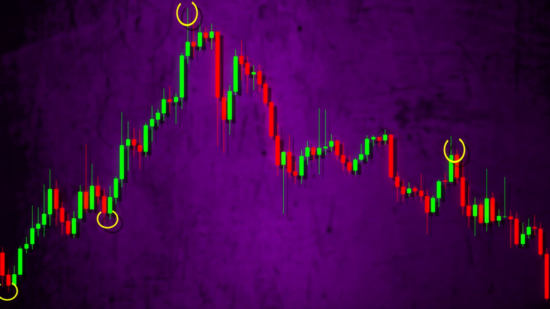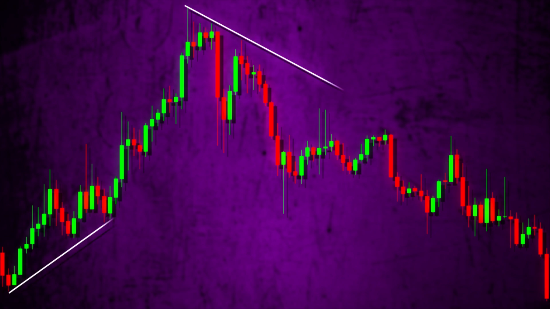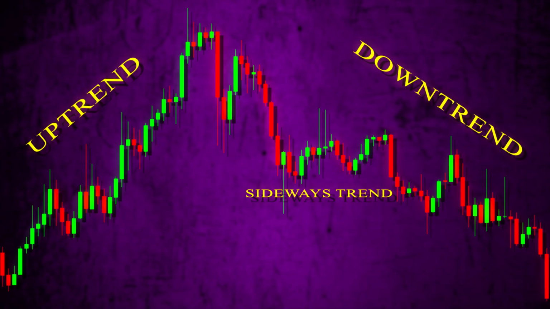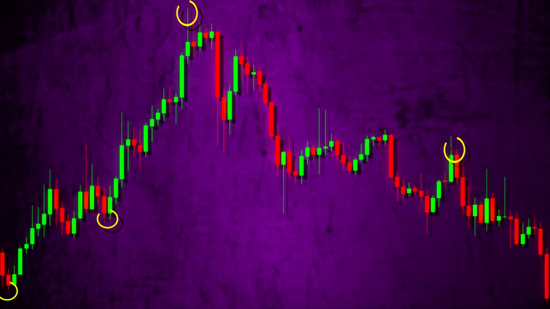To draw trend lines properly, all you have to do is locate two major tops or bottoms and connect them. There are three types of trends: uptrend, downtrend, sideways trend. It takes at least two tops or bottoms to draw a valid trend line, but it takes three to confirm